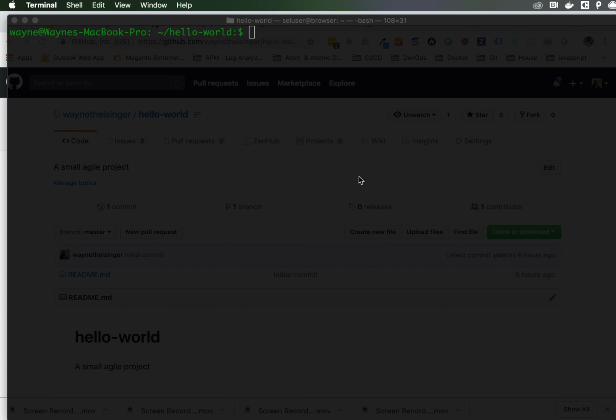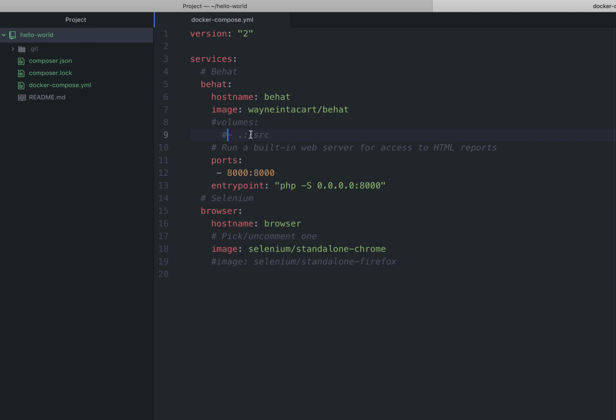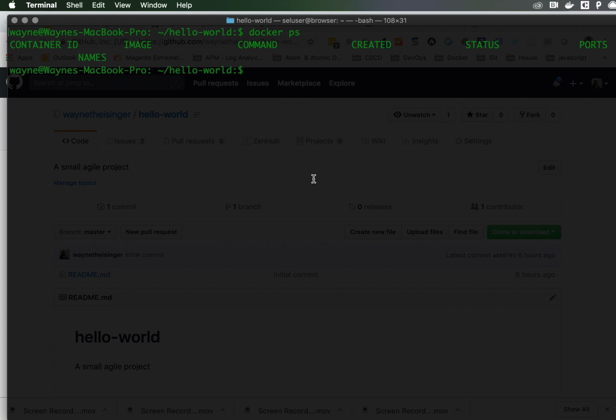Okay, so we've discussed Composer. Let's have a look and see where we are. So have we got our containers running? No, we haven't. Before we start them up again, let's swap to our text editor, because this time round we want our volume to mount. So we uncomment volume, save that, come back, and then docker compose up -d, give it the build flag, and